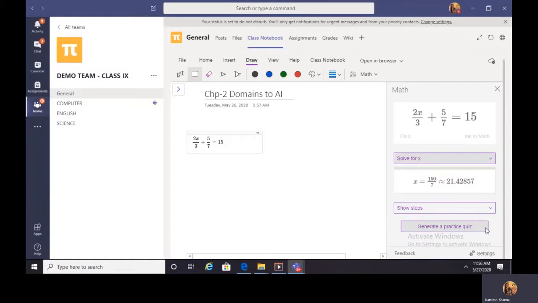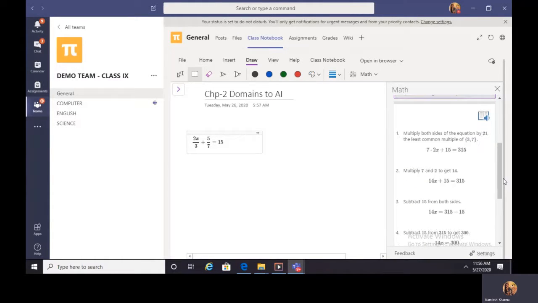Once the answer comes here, we have an interesting option of showing the steps. So if you click on show steps, it will show you the steps which were used in solving this problem. And an interesting button over here is this button which says you can drag the steps to page.